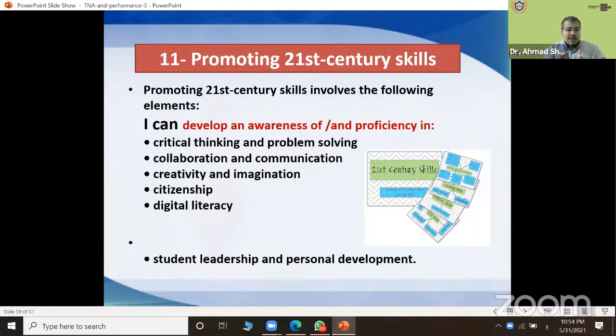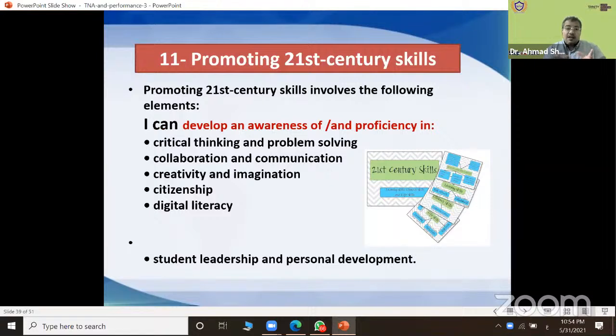Promoting these skills involves: I can develop an awareness of or a proficiency in critical thinking and problem solving. Can I develop collaboration and communication? Can I develop creativity and imagination? Can I develop citizenship? Can I develop digital literacy?